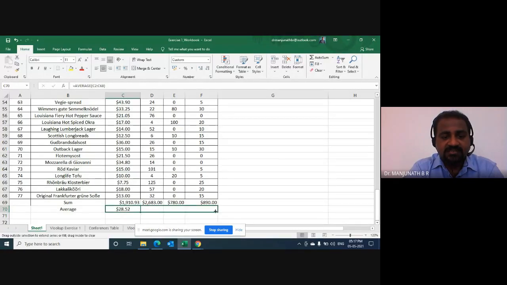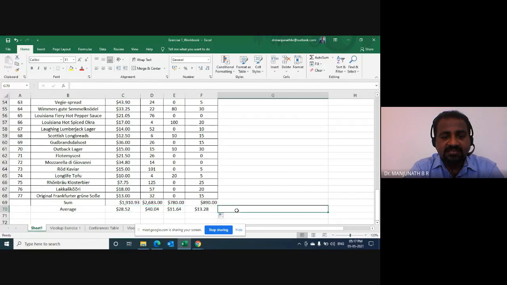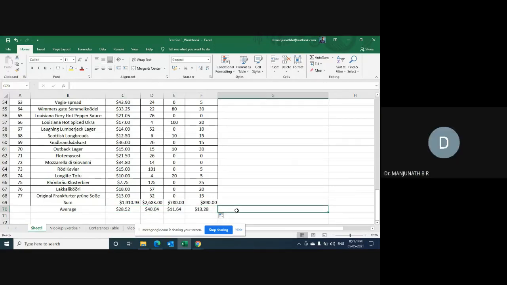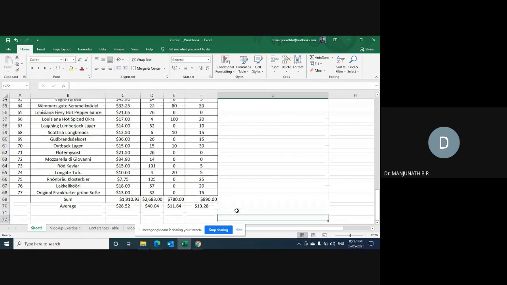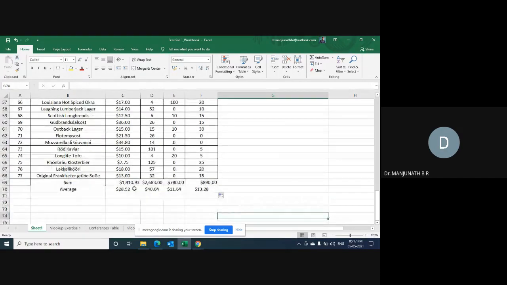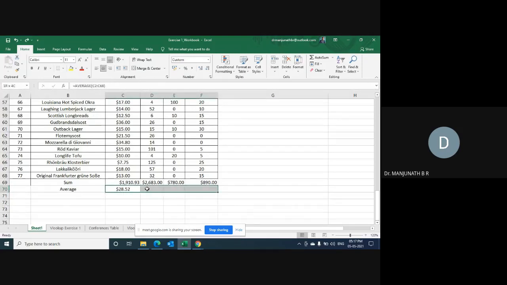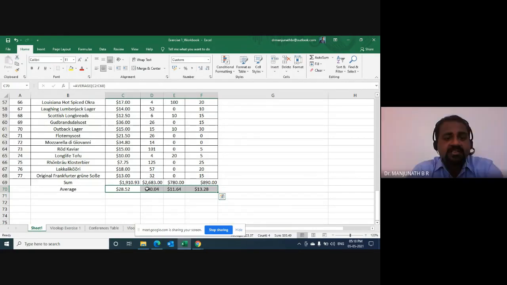See here. What did I do? I just dragged it. So there are two ways of getting the thing done. If you don't want to use the touchpad, that's great. You will just select the cells like this, do Control R, and that's fantastic. So this is how you get the average for the data in the data set.